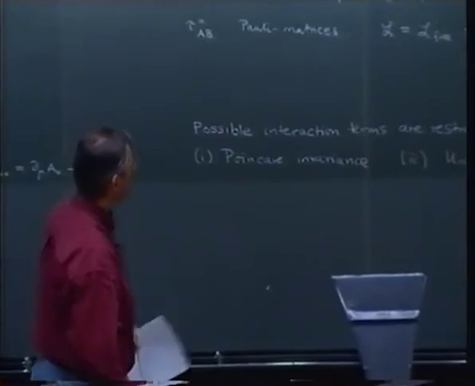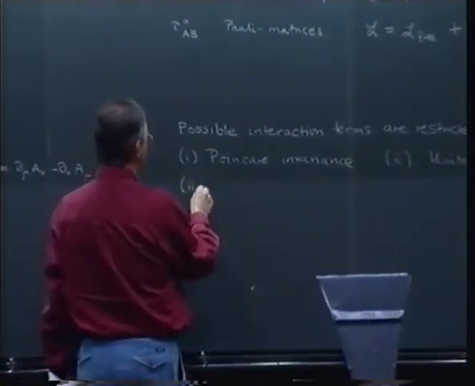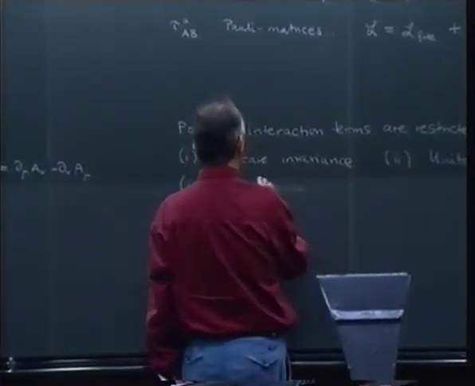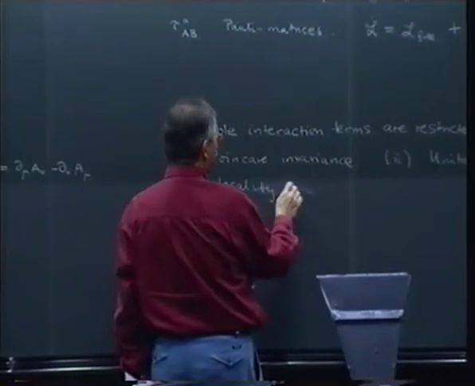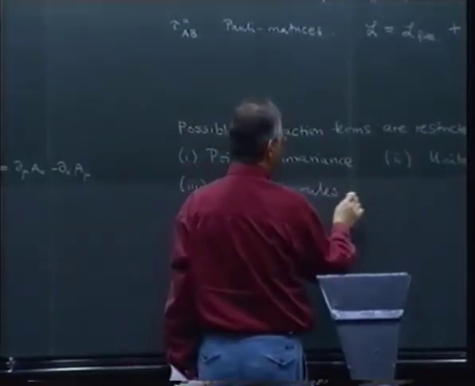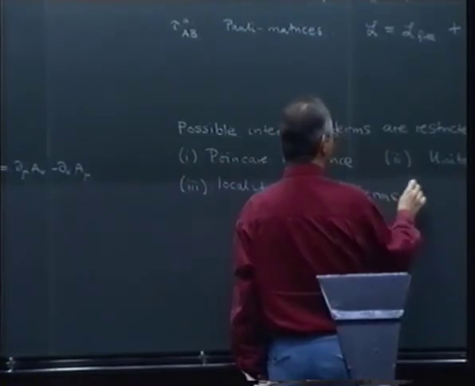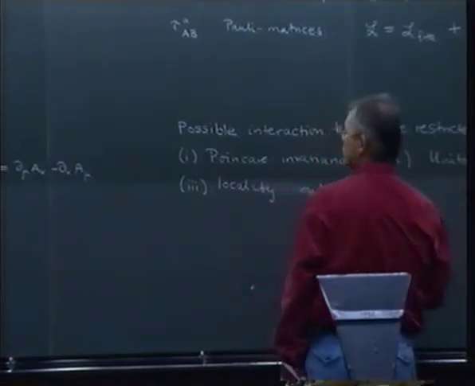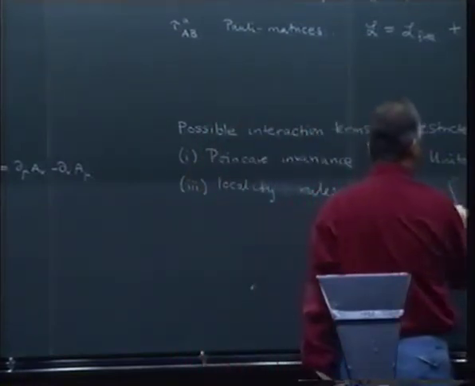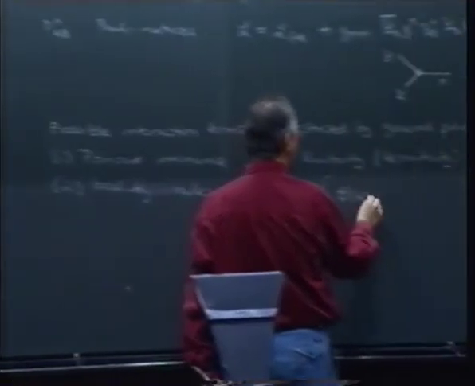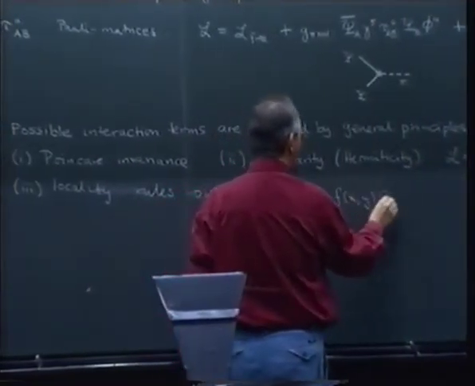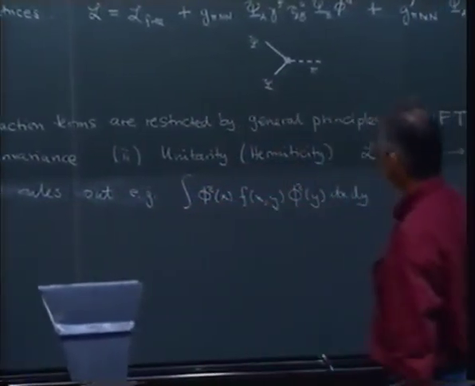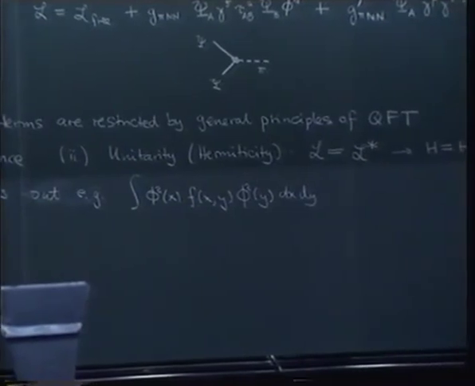Then I had said that we insist on local interactions, or locality. So that rules out terms like, for example, if I write an interacting Lagrangian, phi squared x, f of x, y, phi squared y, dx dy in the action. So this kind of term would be disallowed,